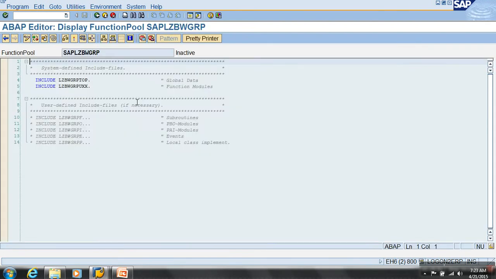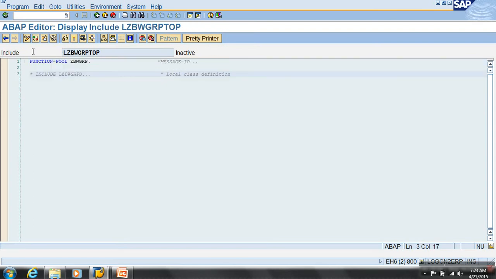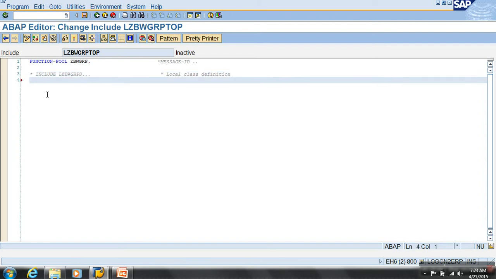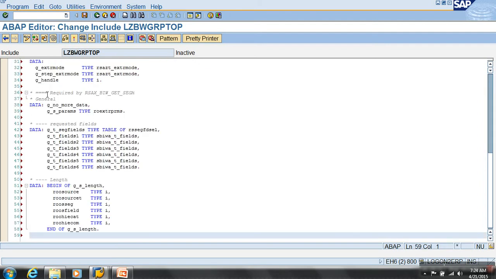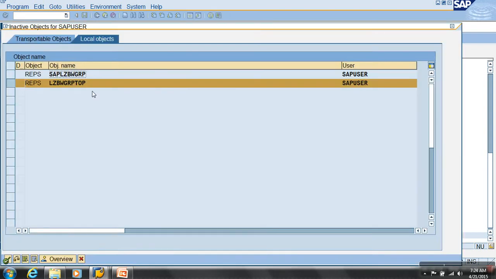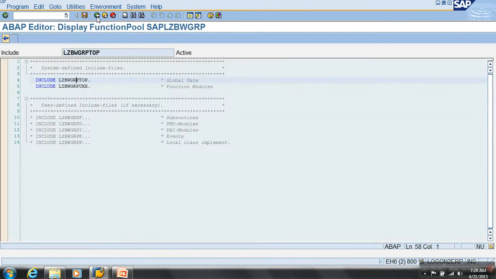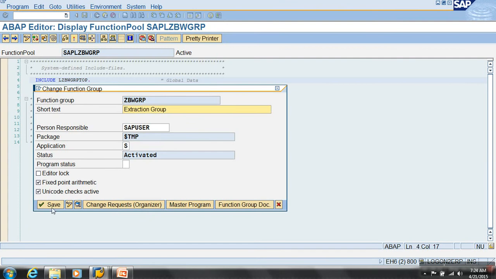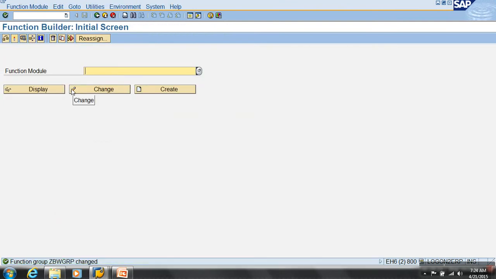Double click on the name. This is my top include. Edit and then start pasting. I have just copied all the code that was there in the top include. Just say activate. So you have to bring in those global declarations, otherwise your code will not be able to recognize them. Okay, so my group is activated.